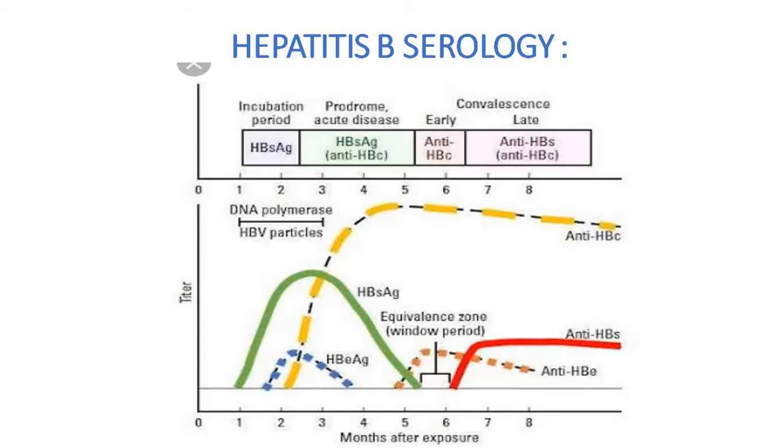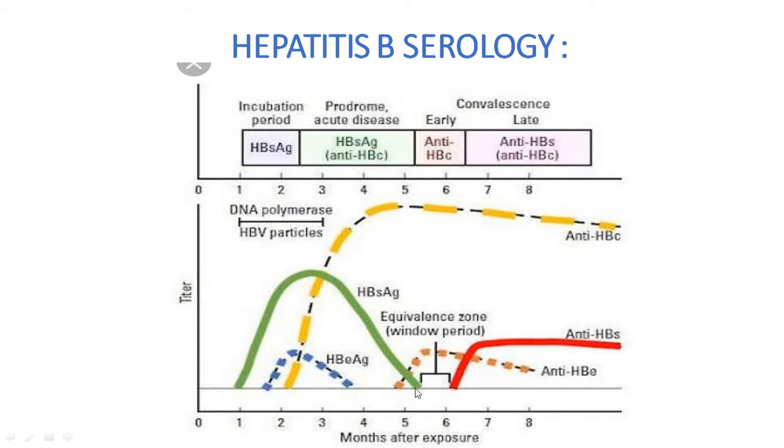Hepatitis B serology, as you know, everybody knows. When the infection starts, that is from the 0 month, initially you will get HBsAg. This is the curve. It can stay up to less than 6 months. If it stays more than 6 months, that means the patient can have chronic hepatitis B. But if it is decreasing within 4 to 5 months, then the patient is